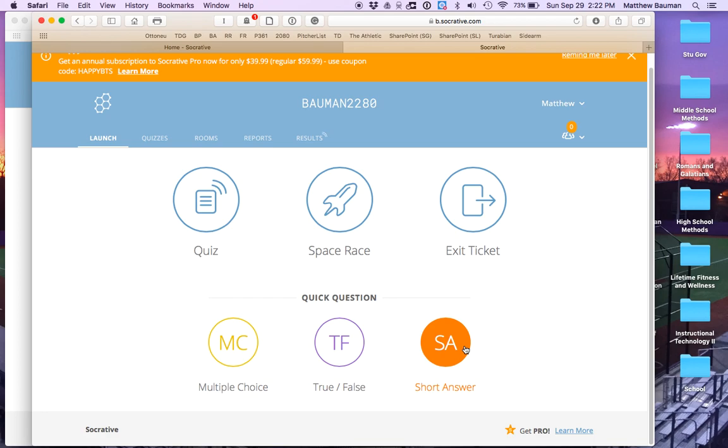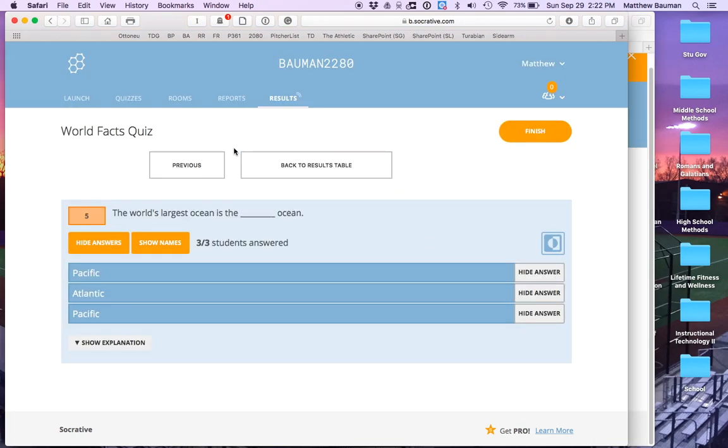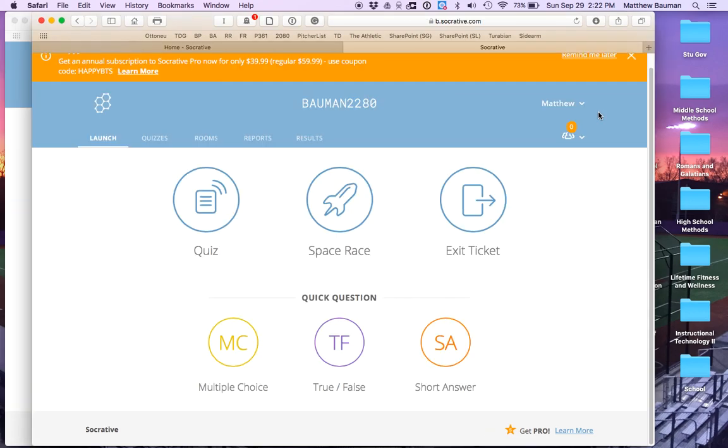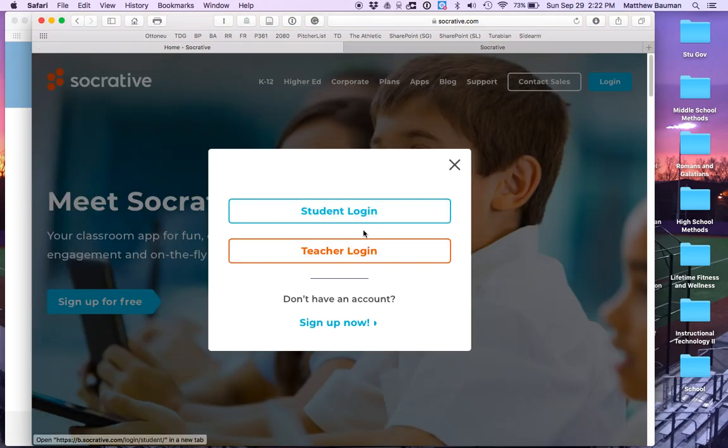Some of the benefits of Socrative are that it has a heavy emphasis on student engagement. Students interact with the website and it gives them immediate feedback so that both the student and the teacher very quickly know how well they are doing. We already saw the example for a teacher, but for a student, if we log in as a student,